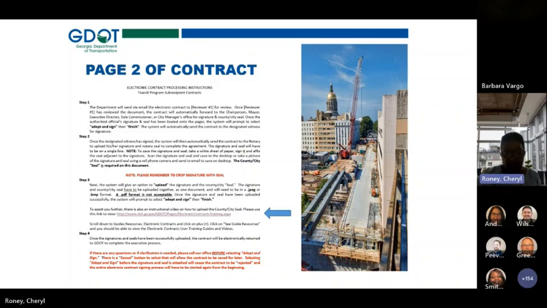This page gives the order of who needs to review, approve, and sign, which is normally the reviewer, the executor, the witness, the notary, and sometimes an attorney who also reviews that contract.